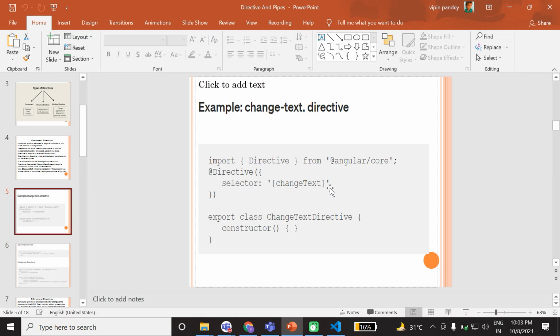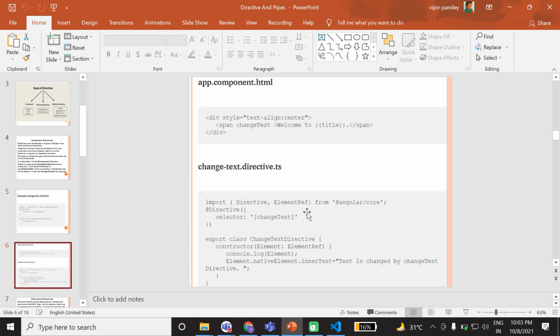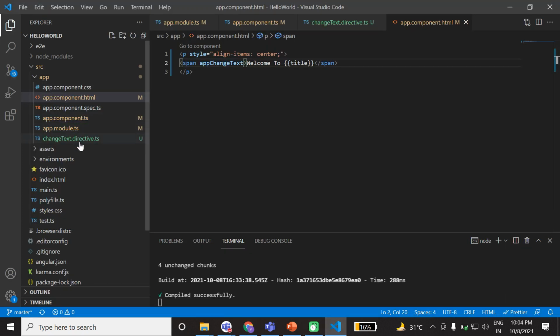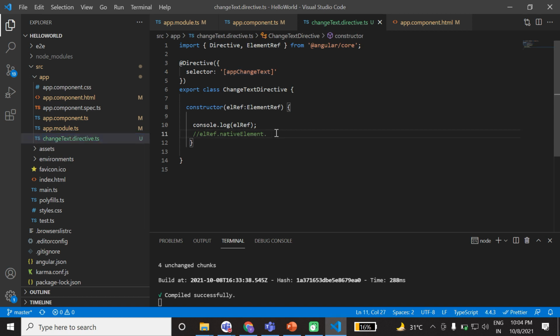We are using change text inside the selector, and then using constructor, element ref and this.nativeElement text, it should be called.